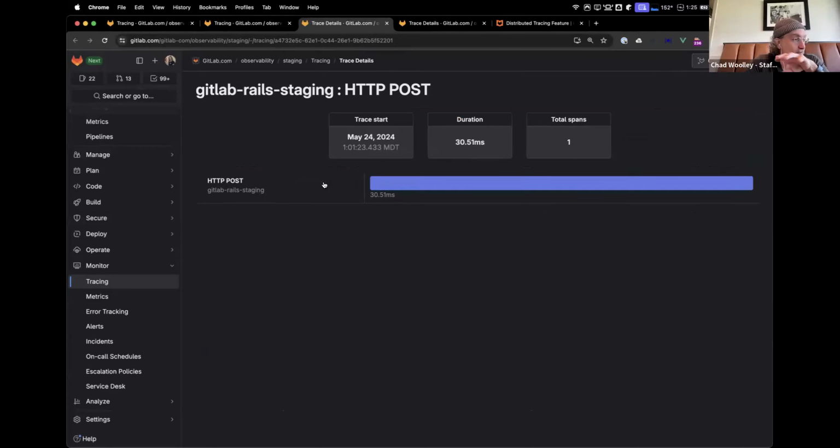But the cool thing about OpenTelemetry is that it's an open standard API, and you can instrument whatever you want. So you can say, okay, here's a span ID at the beginning of my GDK operation, my GDK update or GDK reconfigure, and then instrument it so that all of the steps of that are the different steps in the span, and have the visualization of how long each of those steps took